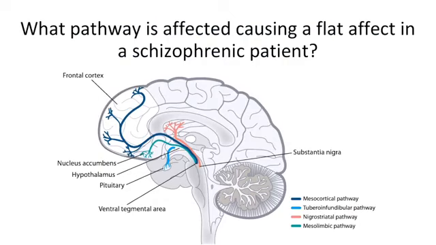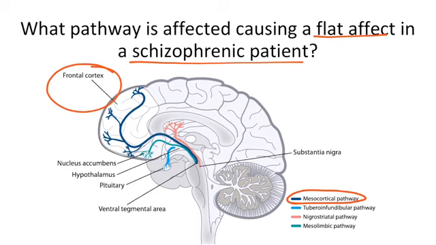So let's just do one last question to review. What pathway is affected, causing a flat affect in a schizophrenic patient? So to answer this question, you just need to think about what dopaminergic pathway is responsible for emotion and motivation. Now that would be the prefrontal cortex. And that means that we're dealing with the mesocortical pathway. As you recall, the prefrontal cortex is responsible for emotion and motivation. If you have dysfunction of this pathway, you're going to have decreased emotion and motivation, which gives you those negative